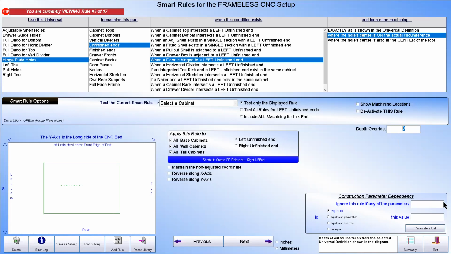Construction parameter dependency. I don't know if anyone uses this, but it's kind of a cool rule. The reason it came about was because of nailers. Some people are using nailers for the front. Some people don't use, no, not nailers, excuse me, stretchers. Or nailers, actually, nailers is the same kind of concept, because you can tell the program that you have a nailer that's going on the bottom of a cabinet,